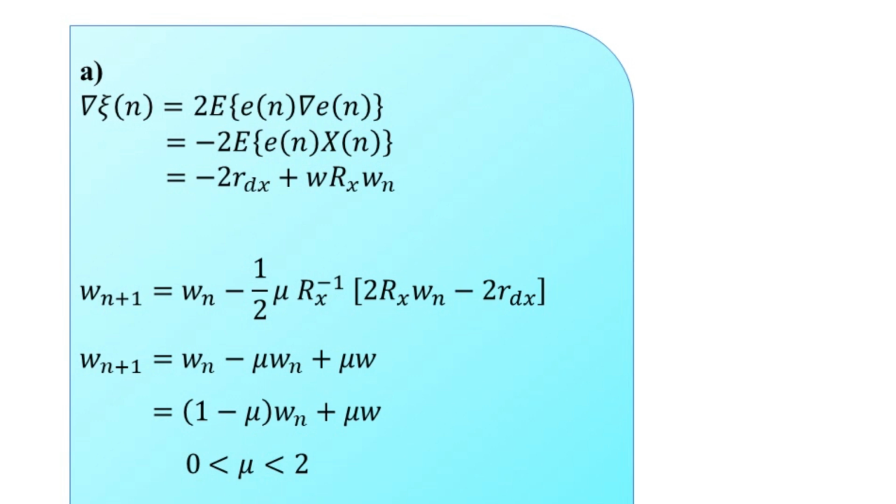Next to that we have part B of the problem statement. The part B of the problem statement is, what is the optimum value of mu step size, that is for what value of mu is the convergence the fastest. See, the convergence is fastest when we have the range mu greater than 0 but less than 2. So there it will be mu is equal to 1 here.